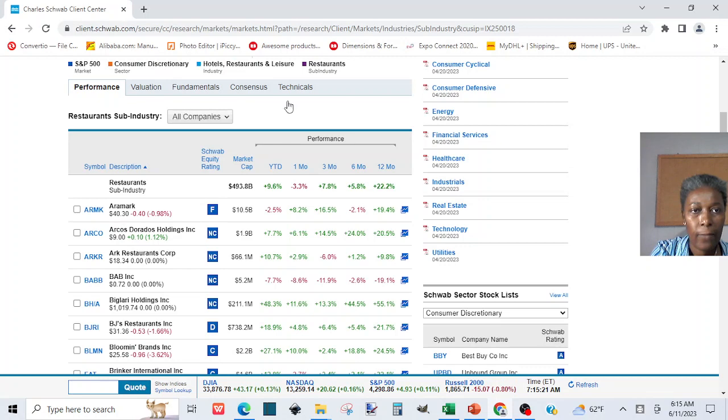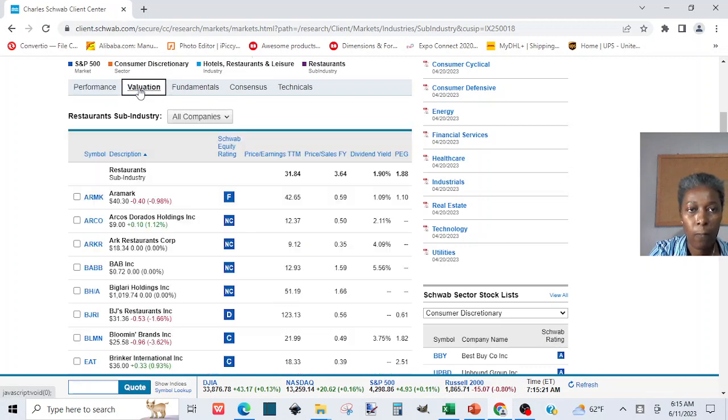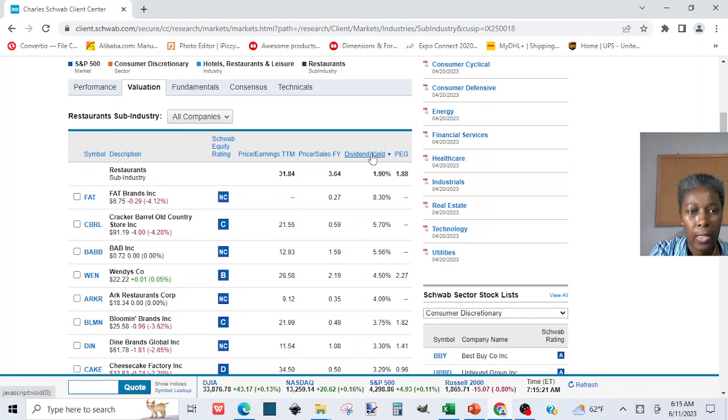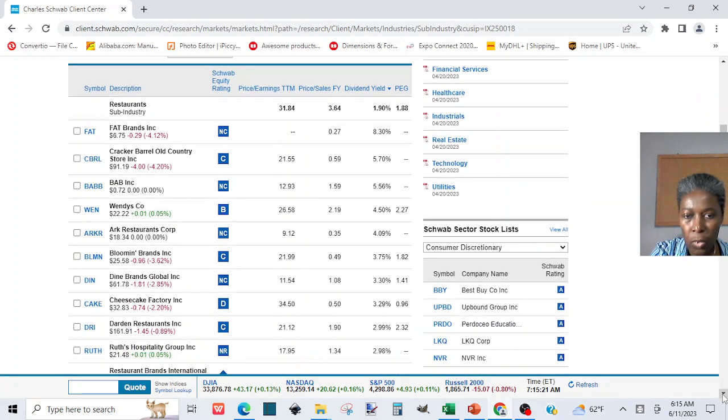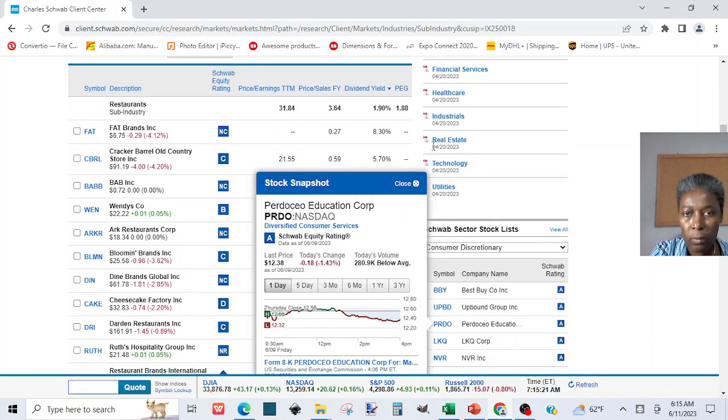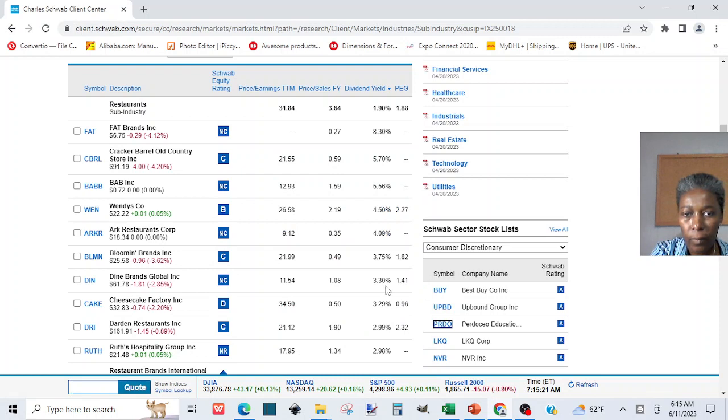And we have the companies. We are going to click on valuation, and we are going to click on dividend yield, and set 3%. So we are going to scroll, and we are going to stop here. So now that we select high paying dividend up to 3%, we are going to screen them by eliminating international